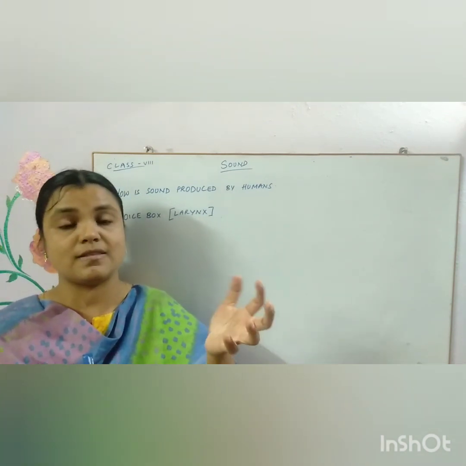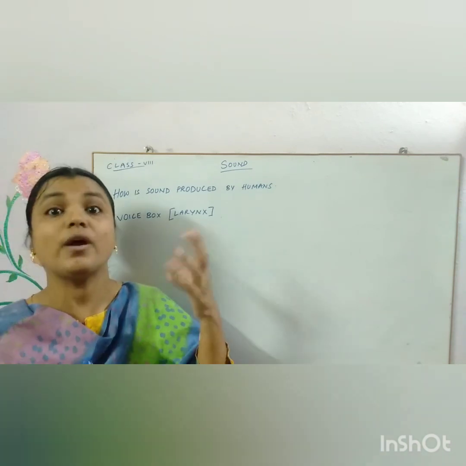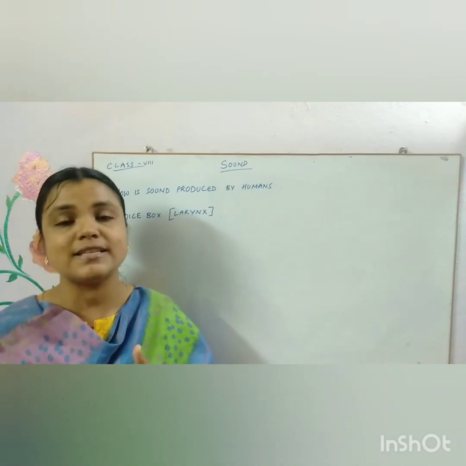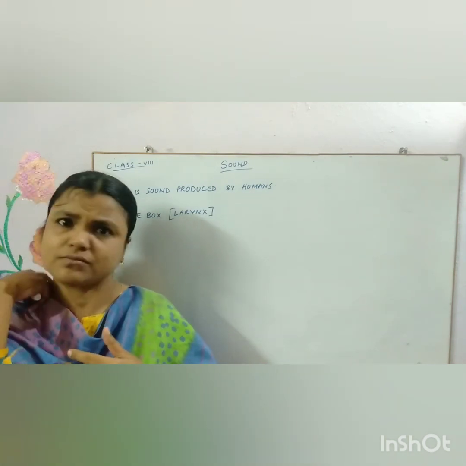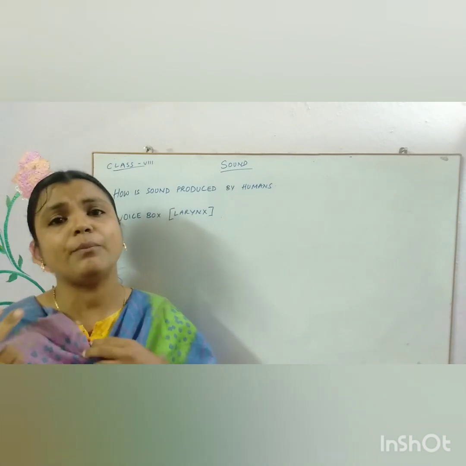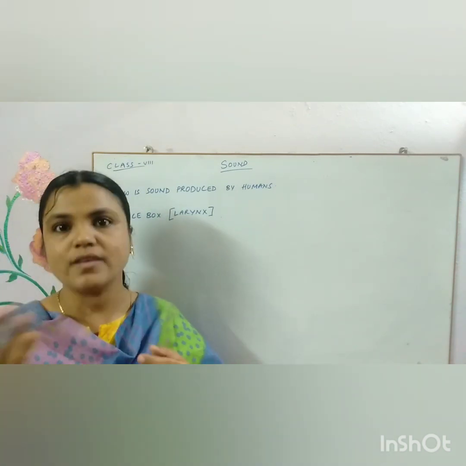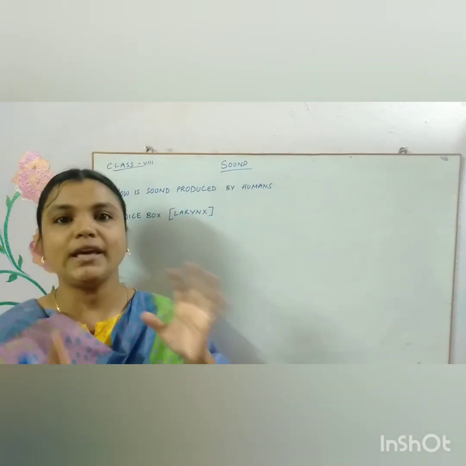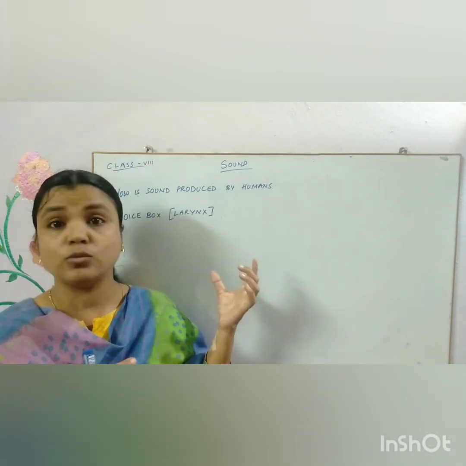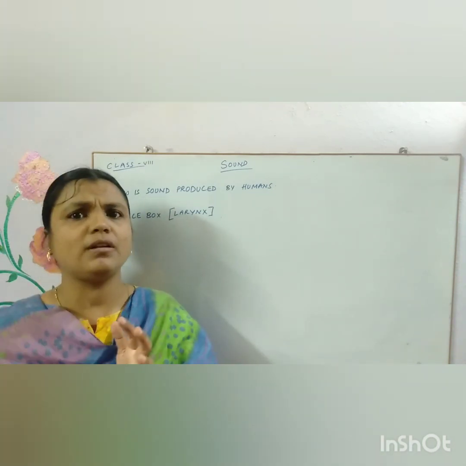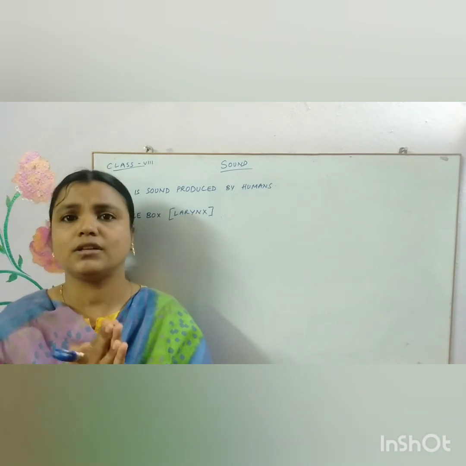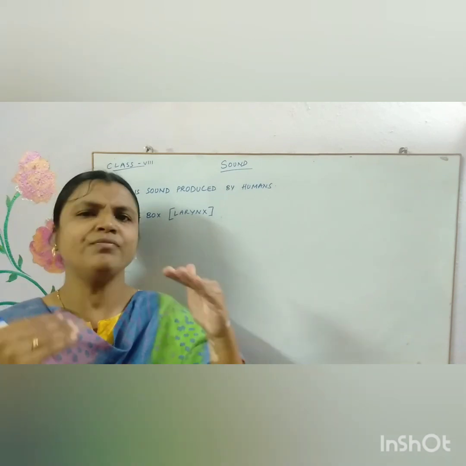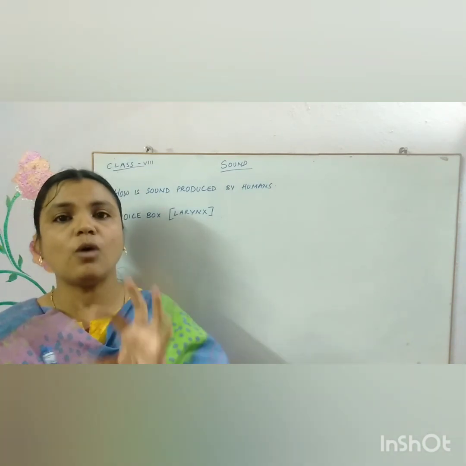How is this frequency as well as the amplitude or the loudness adjusted? The pitch and the loudness, how is it different from person to person? You can understand that the voice of no two persons is the same. So you can identify people by their voices, right? So each person has got his own unique voice also. More or less any two people can be very close to each other in the quality of the sound that they produce. Not exactly, but they may come somewhere nearer. So how is this possible?